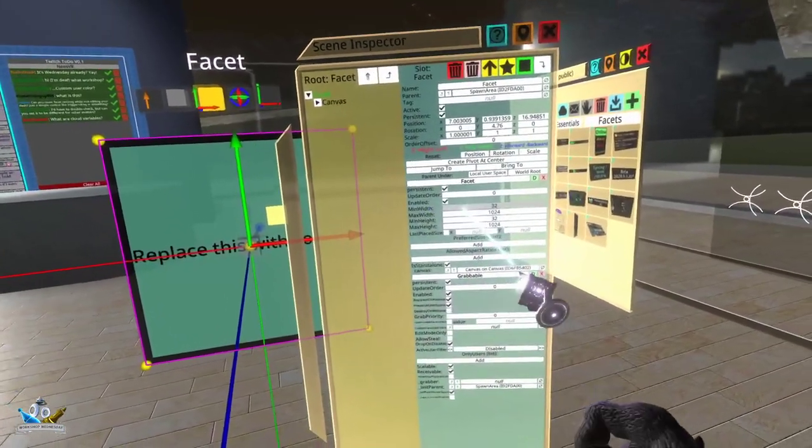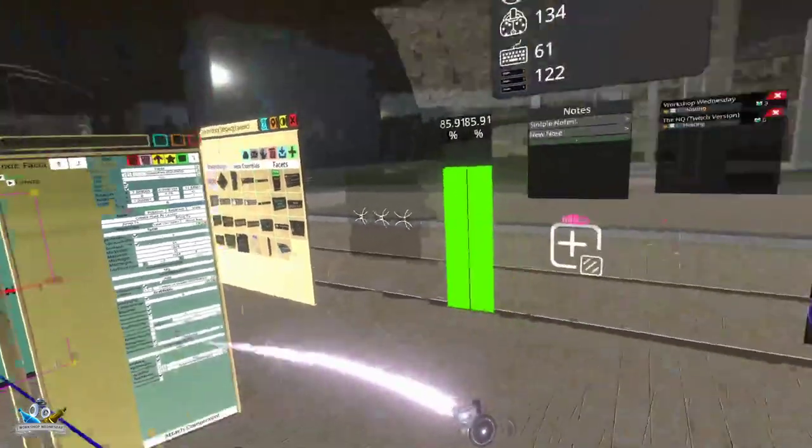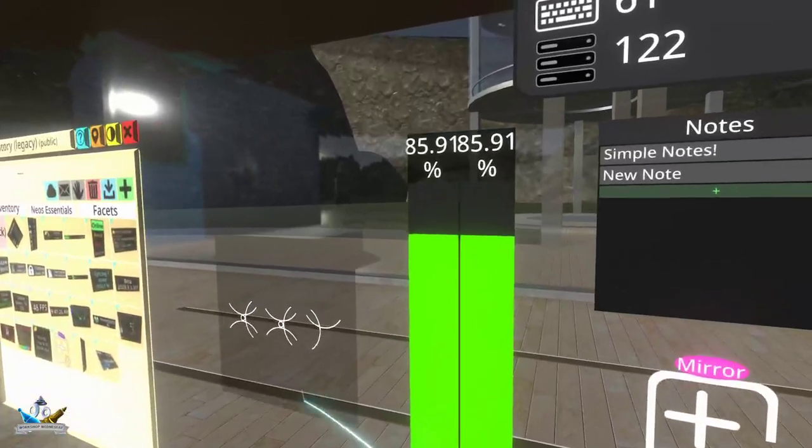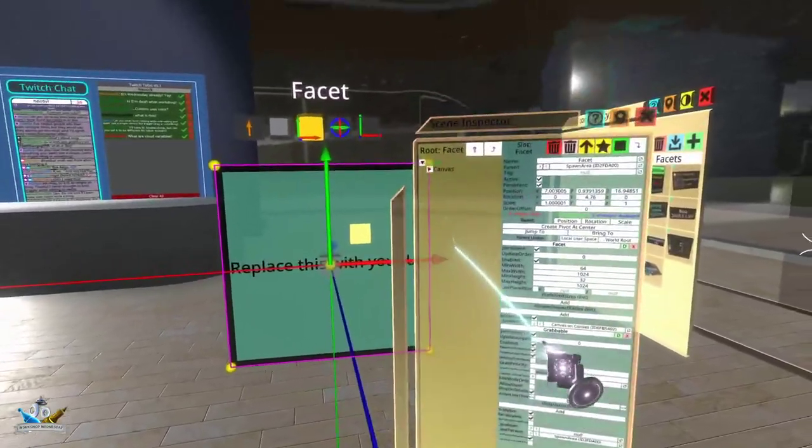Although I will set the minimum width to be a little bit larger, because I don't think, if the width is too small, you won't be able to read these numbers. But continuing on,